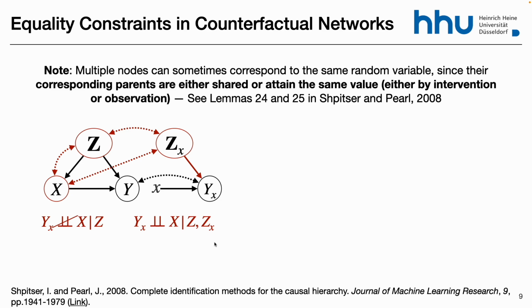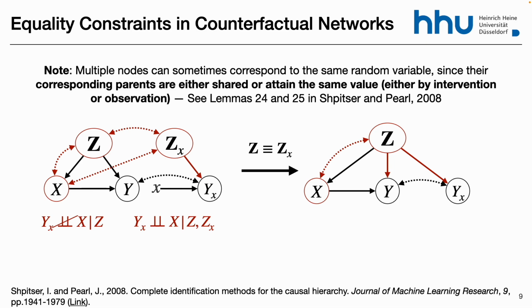So instead of doing this, actually you have to reduce the graph, putting all variables that are the same together. So that is these two lemmas I want you to read if you are interested, to know the procedure, but it's very intuitive. It's just about merging these variables and then keeping consistency. So the Z points to both Y now, right? And the bidirected edge is just here. You don't need to tie the Z's, they are the same already. So this is actually the counterfactual graph for the graph between X, Z, and Y. So there's only Y_x left.